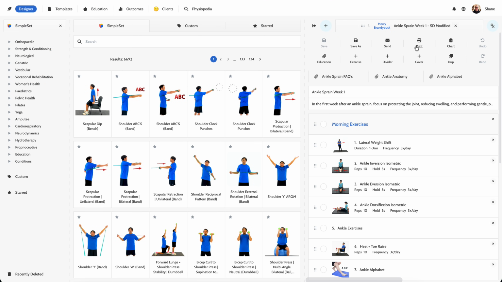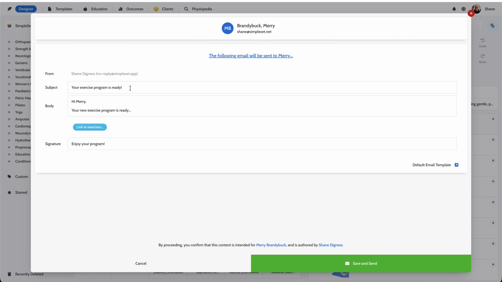If I click on this, it's going to open that up. We see that it's for Mary Brandybuck. Again, I can make some further changes if I want, or if I'm ready to go, what I can do is I can choose to send. If I click send, this is going to send an email to this email address that has this subject, this body, this signature, and a link that cannot be modified that the user will be able to click to access the patient